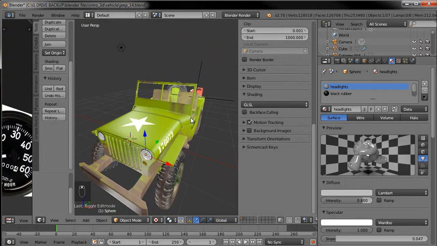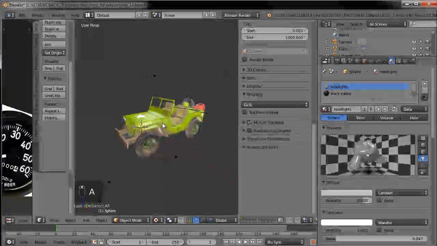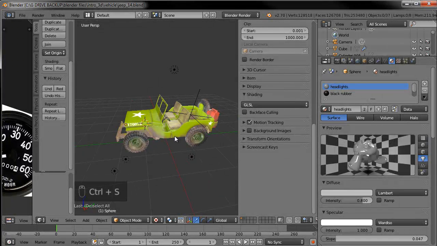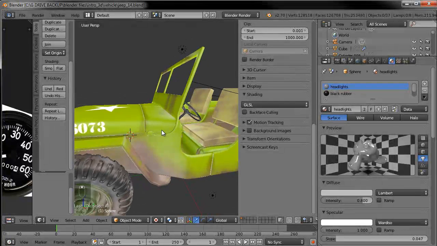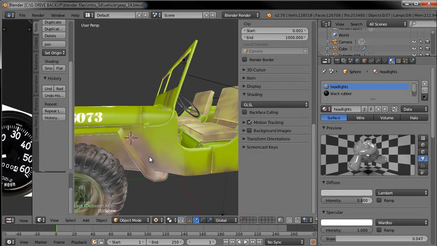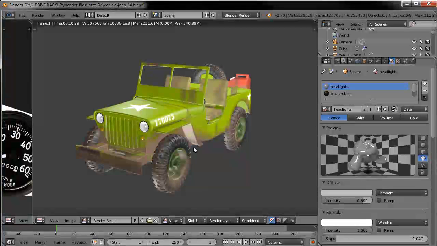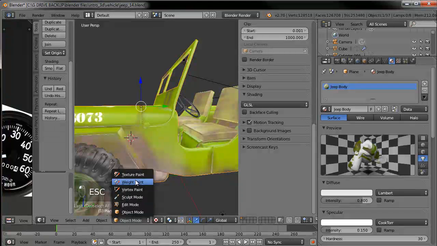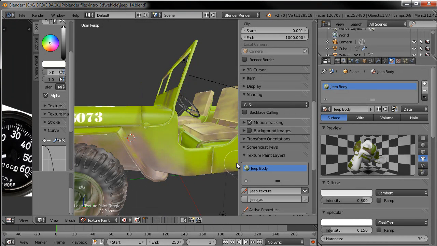Okay, in any case, the last thing I would like to do before we call this done, go ahead and save, as far as materials go, is I'd like to add some actual bumpiness to where the mud is at. So if we look at our render, you can see everything's smooth, so that's just a dusting of mud on there. I'd like to actually give it some texture, so I'm going to go ahead and do that. We're going to go back to texture paint mode,